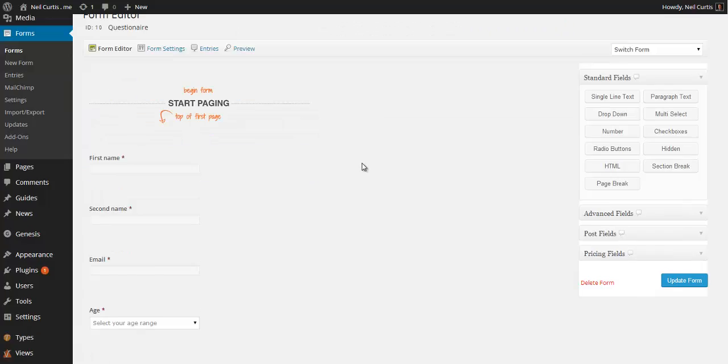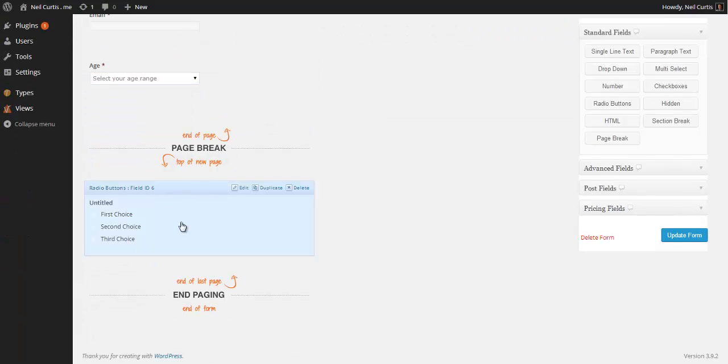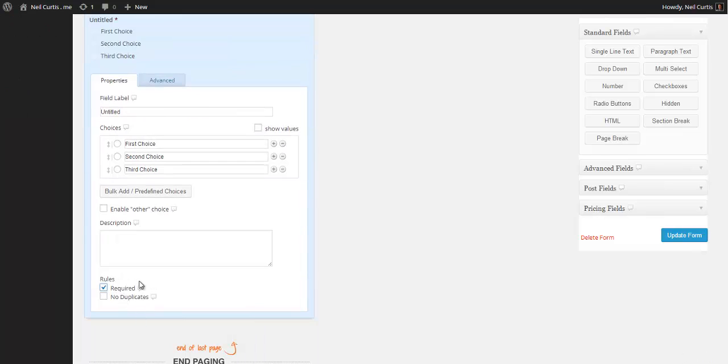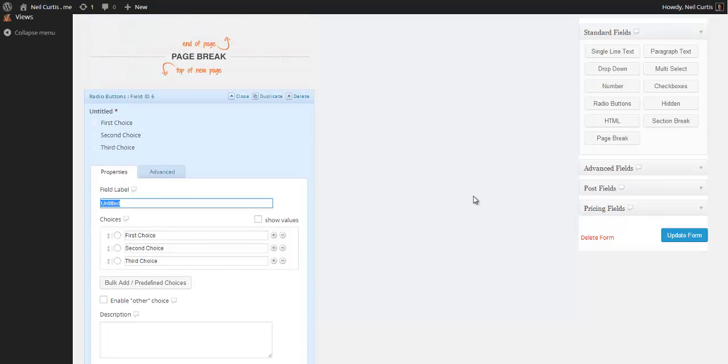But before I do anything there, we need to go back into this page, and here we've got our radio button field. This is going to be a question, so I'm going to go edit. I'm going to tick required field, because it's going to be a required field. It can be anything you want, but I'm just going to pretend I'm some service provider. So I'm going to say, how do you rate our service, question mark, and then the choices are going to be